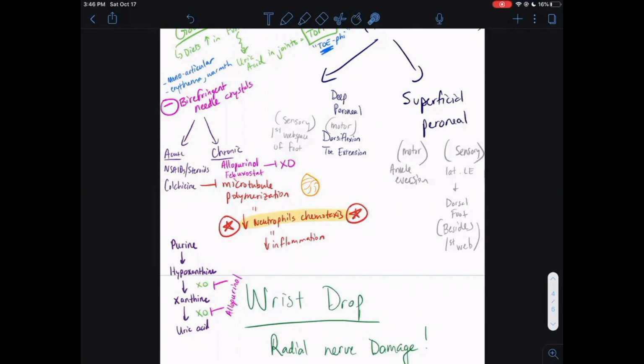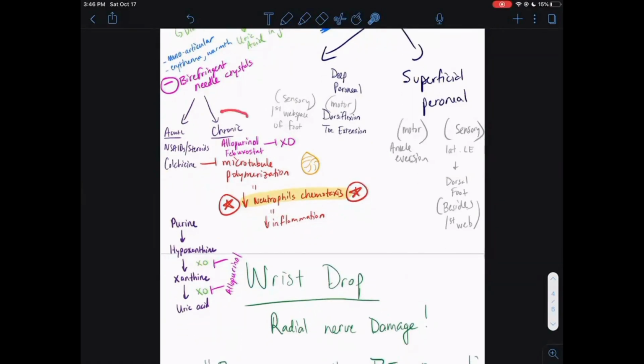And so it's not enough to know that it's just a microtubule inhibitor, even though that will get you one question. Another question is going to ask you, why does that matter? Well, it's going to stop the neutrophils from being able to be pulled over to the site of the inflammation. And that right there tells you another fact about gout, is that it has a high predisposition for having neutrophils in your joints.